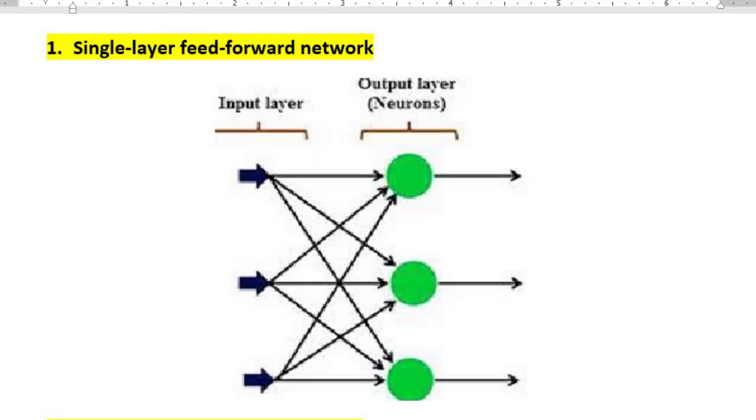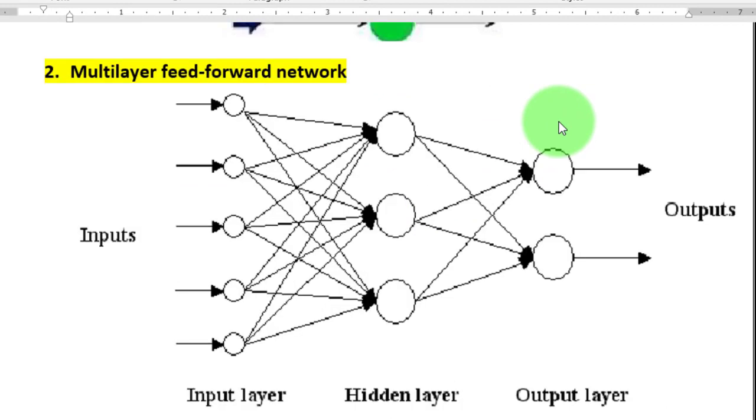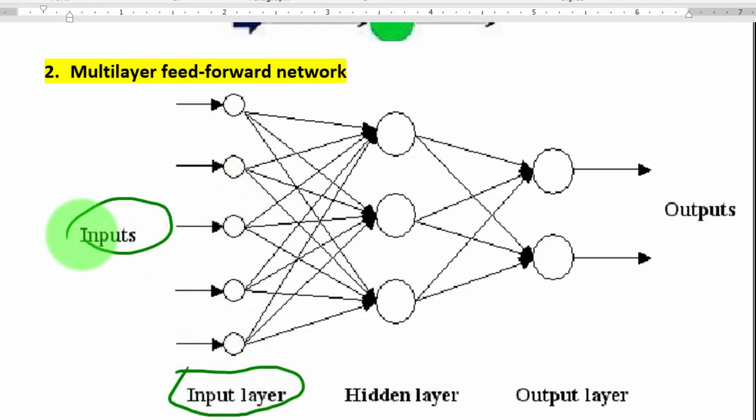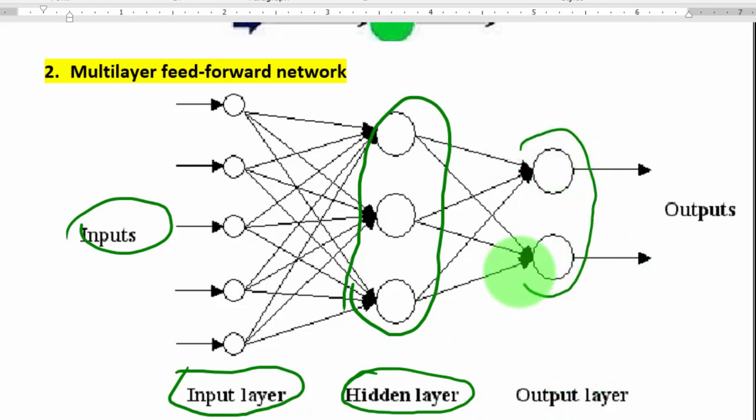In case of multi-layer, we also have hidden layers, as you can see in the diagram. This is the input layer, which is responsible for receiving the inputs. Then there are hidden layers. In case of deep learning, remember students, the number of hidden layers is very large, because a large amount of data is there. To process all the data, a large number of hidden layers are required. And again output. So this is the structure of multi-layer feed forward.